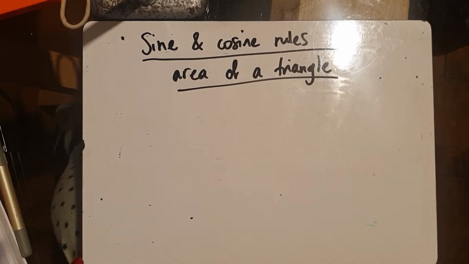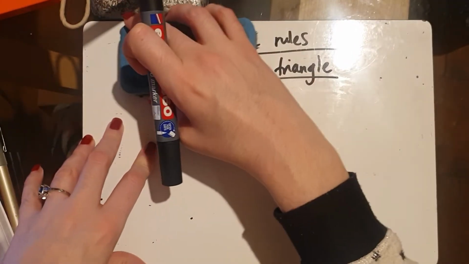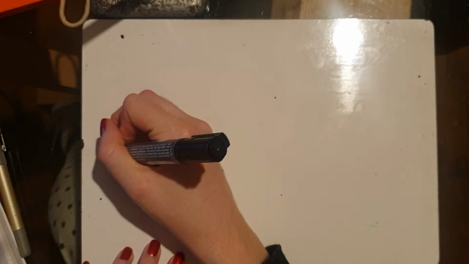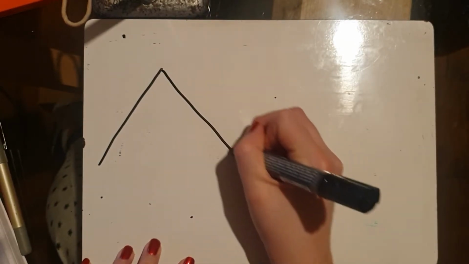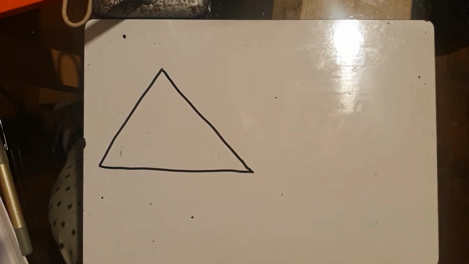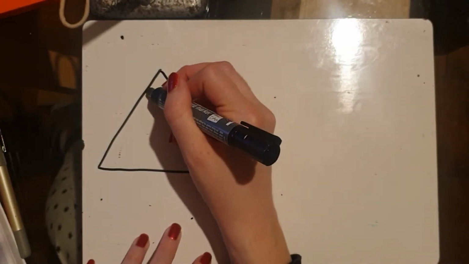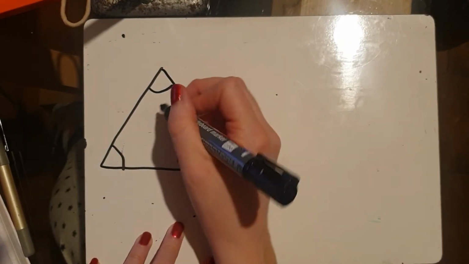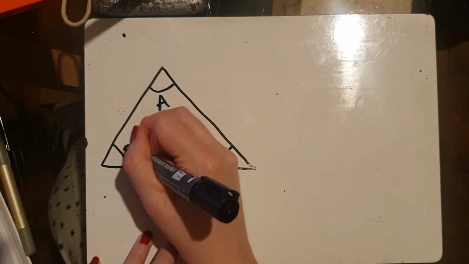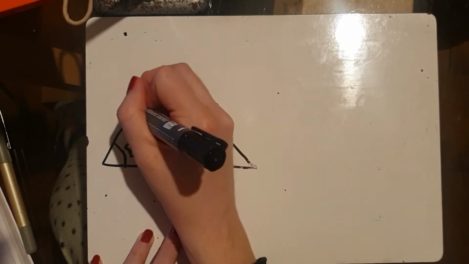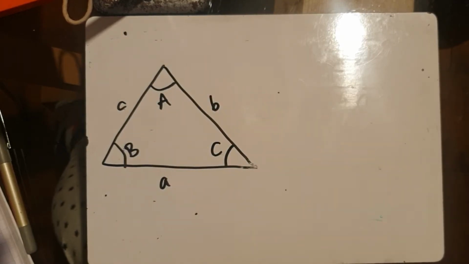So, sine and cosine rules and area of a triangle. I'm going to rub that out now to give me a bit more space. The generic triangle looks something like this. It needs to have no special features. So it's not an isosceles triangle, it's not a right angle triangle, because it needs to fit for absolutely any triangle at all. So label all the angles A, B, C, label the sides with the same letters but lowercase,